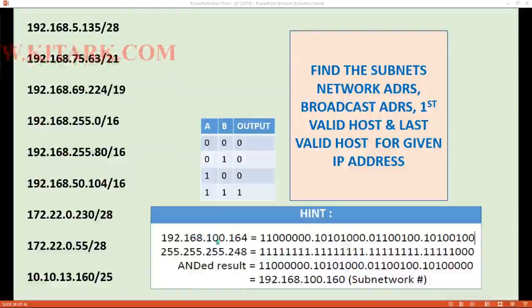So here you can see 192.168.100.164 is going to be written in binary like this. Okay. And the subnet mask also, /25 means again you can write this subnet mask and convert it into binary. Okay. After that, do the AND operation, which means 1 and 1 means 1. 1 and 1, 1. For 0 and 1, 0. Likewise, you can perform the AND operation, and after the AND operation, you can convert this again into decimal. Okay. And my recommendation is, don't try this in the exam hall.